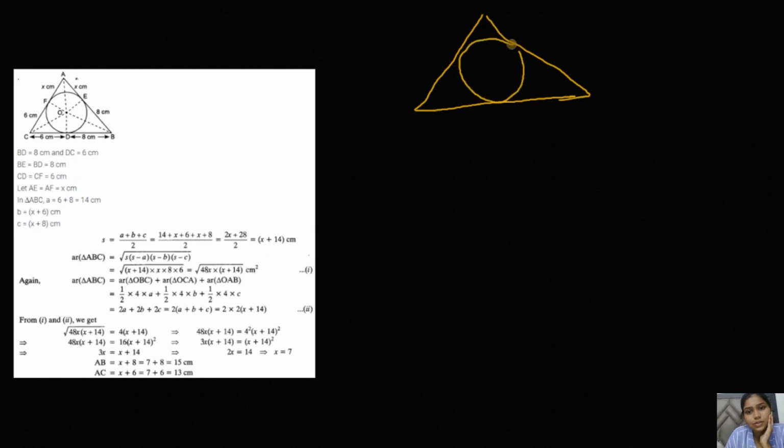This is a very small chapter, it includes only one exercise, so obviously it is not going to take much time to do this chapter, but I will try to make you understand completely. So let's just draw the picture like this. This is a triangle and there is a circle present inside this triangle. You have to draw the dotted lines from the corners of the triangle. This figure is already given. Just draw this picture.